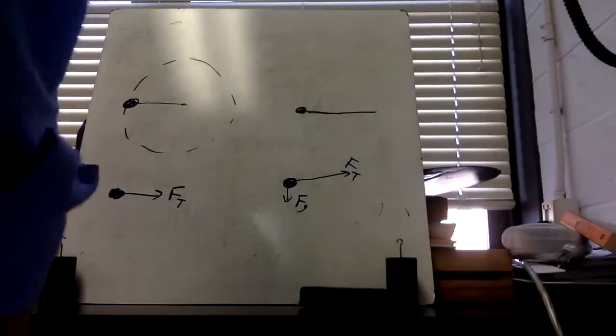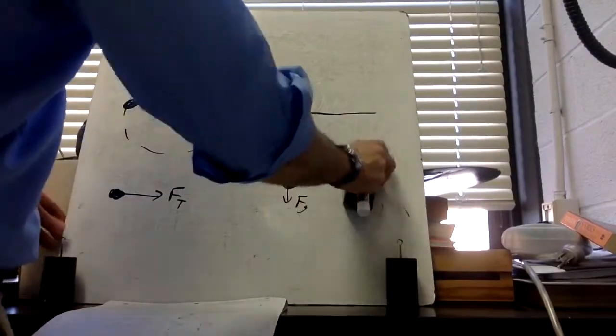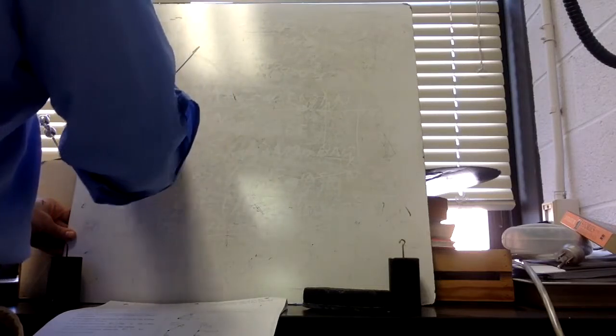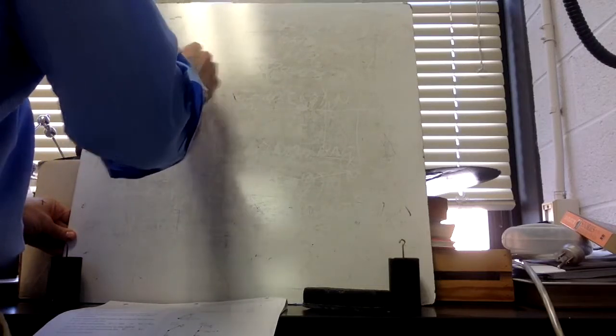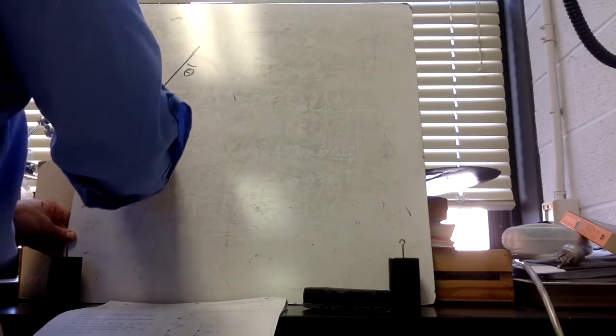So here's another example, something a little bit more two-dimensional, and this is a conical pendulum. That's a conical pendulum, not a comical pendulum. It's one that's in the shape of a cone, not a pendulum that makes you laugh. So the side view here looks like this, right? And there's some angle theta here. Here's the tension. This is a tension force, and then you've got the force of gravity